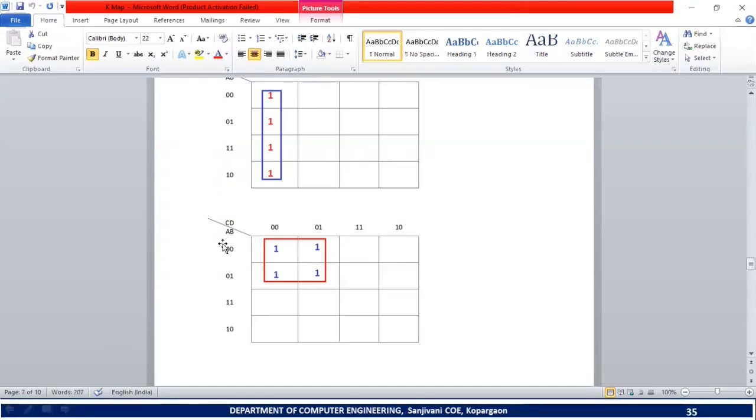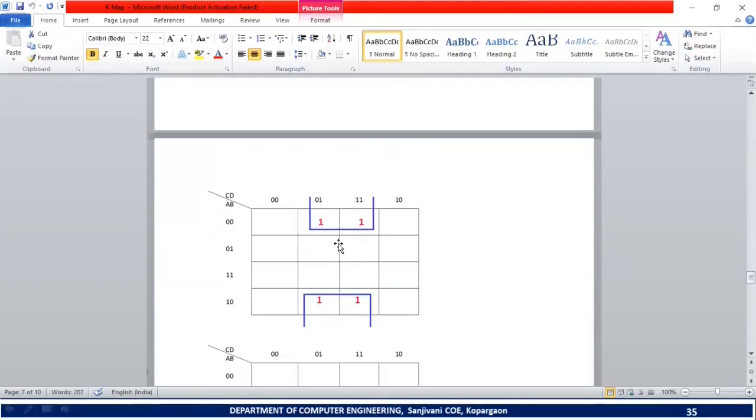Now see, here A is 0 0. For this group, A is 0, which means it is same. Here B is 0, here it is 1, B is changing. Then if I consider CD, then C is same. See, here C is 0, here also C is 0. And D here it is 0, here it is 1, D is changing. So two variables are changing, that is B and D. For this group, two variables are changing, B and D, and two variables are constant. So that's why we can combine this 4 1.